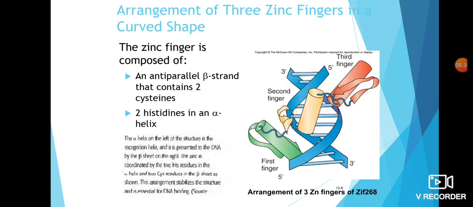We'll go to a little of the structure. You can see here the arrangement of 3 zinc fingers found in another transcription factor, ZIF268, which is very much required for early transcription. Now I already mentioned it has anti-parallel beta strands. So this red, yellow and green color are 3 zinc finger domains. What needs to be understood here is that the alpha helical part, that means the cylindrical part, is actually protruding inside the double helix, particularly in the major groove.